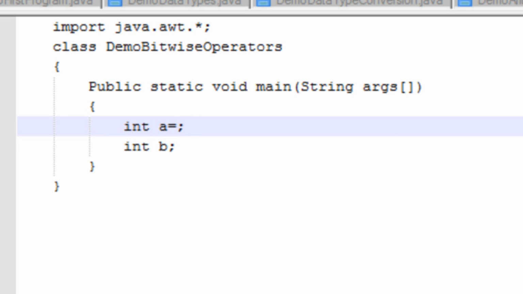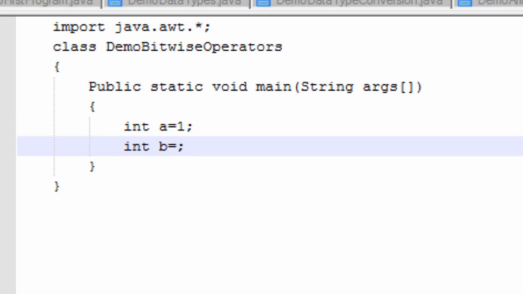Let's initialize them also. I will give here 1 and here 5.